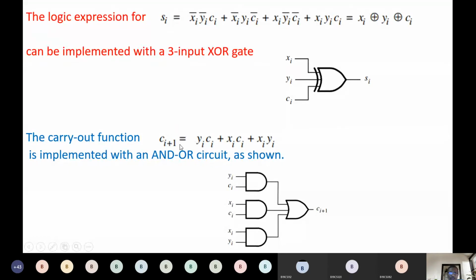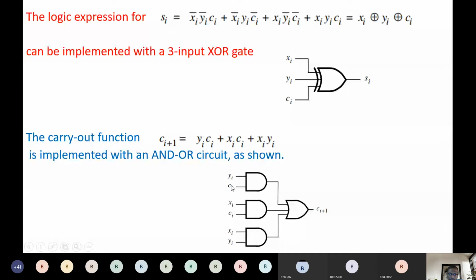Okay. So for the carry out function, you can see we want the product of these two, and this one. So that's why we have AND operation for this one. We need AND operation for this one. So product means AND operation. And finally, what we do is we want an OR operation which does addition. Plus means here we will keep an OR gate. Product means we'll keep an AND gate.